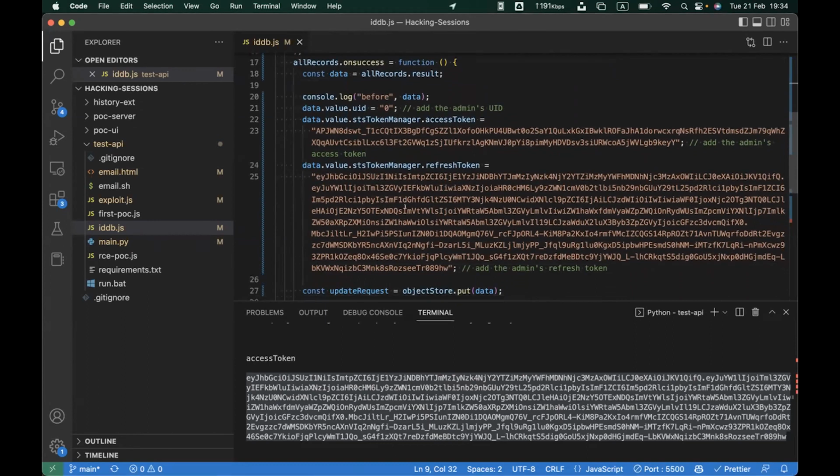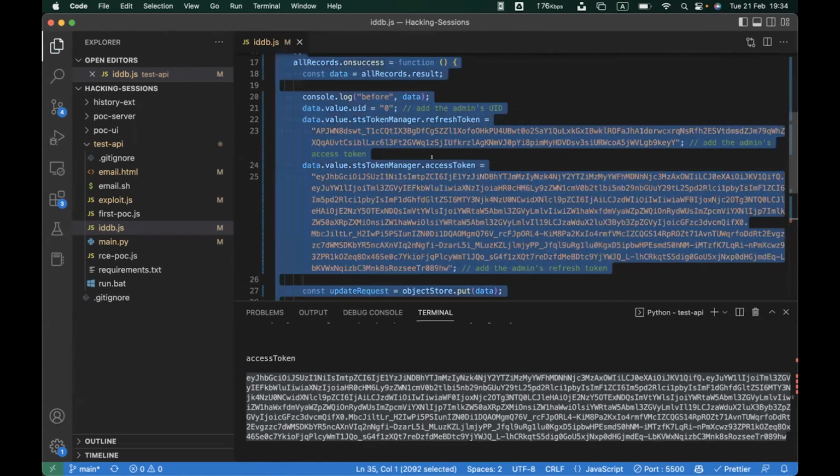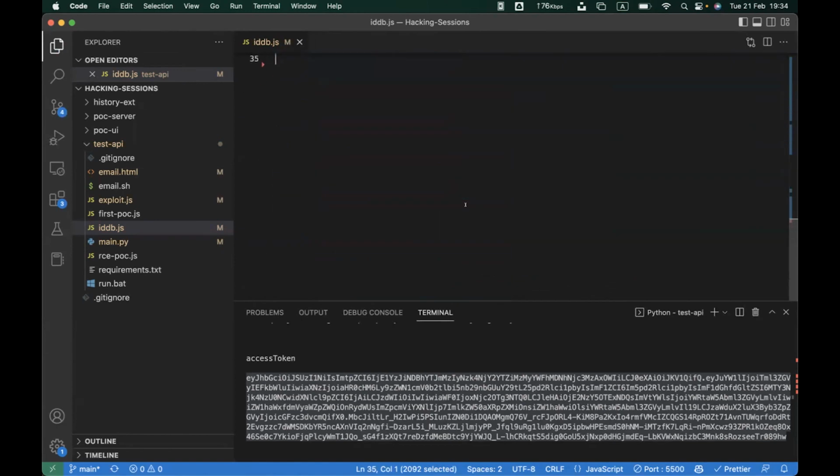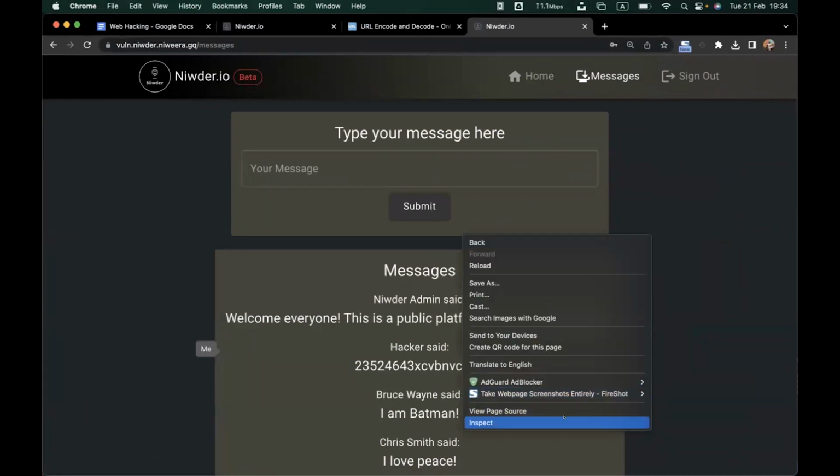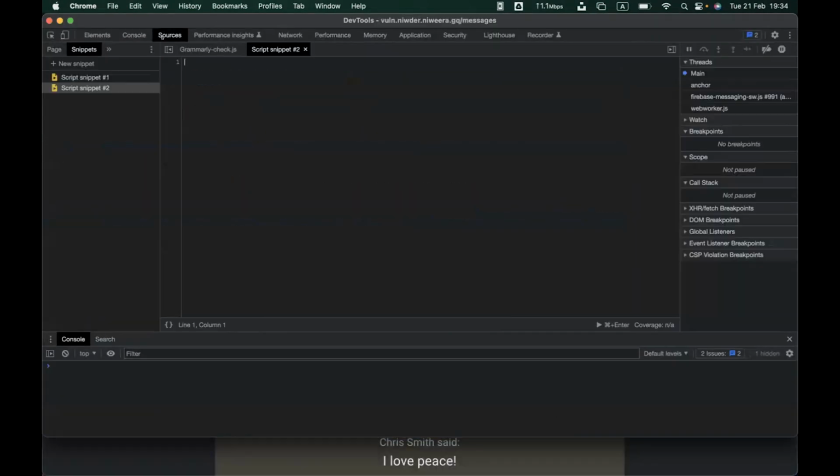So now I just found my mistake. I mistakenly added the access token as the refresh token, and then I replaced it with the access token. So hopefully this will work. Let's go to the inspect and then create a snippet and then run.